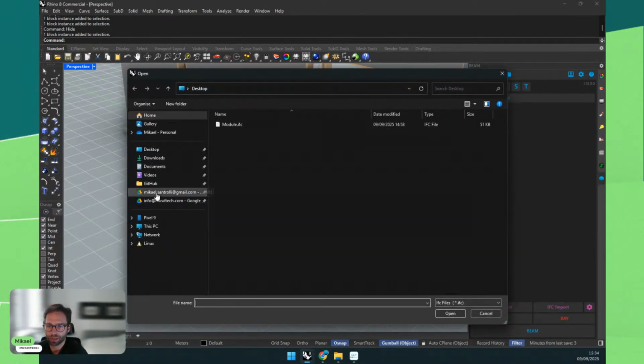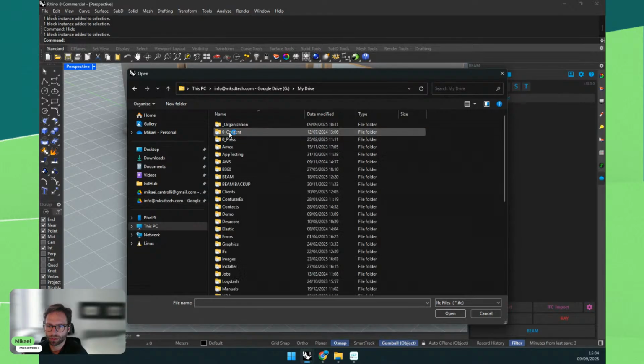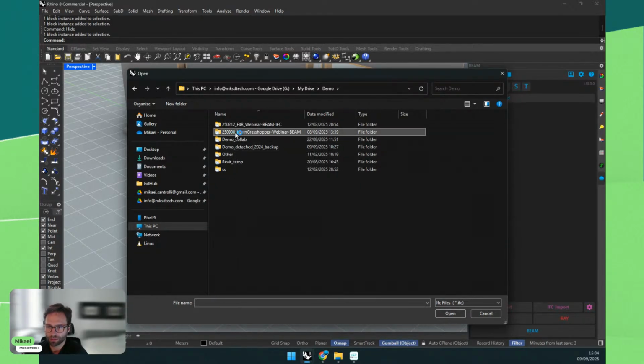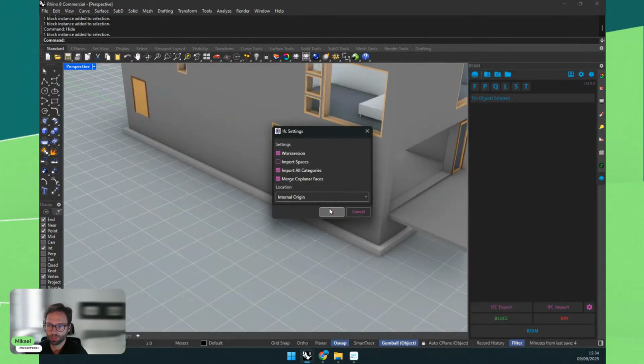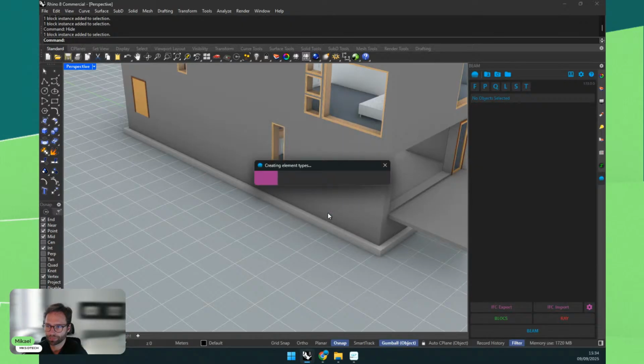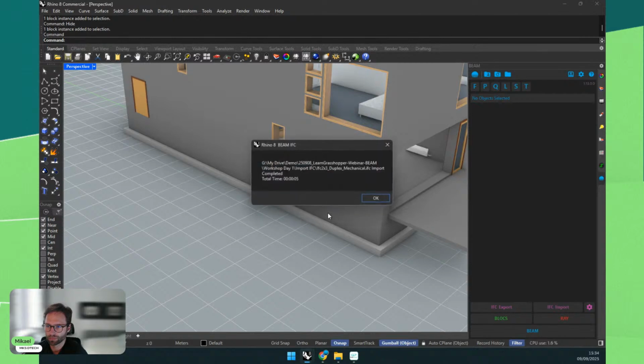So for example, if I want to link also the other information, so let's say import IFC, I will also add the mechanical as a work session. Okay, import all the categories and so on. Perfect.